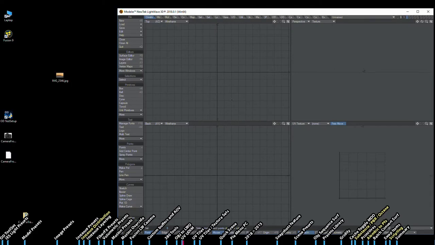So UDIMs, I don't actually know exactly what it stands for, but it allows you to have different tiles. You have your original one, which is just called 1001, and then it goes to the right 10, and it goes up however many you want. So you have tile 1001, 1002, 1003, and so on. And that can all be part of the same UV map,